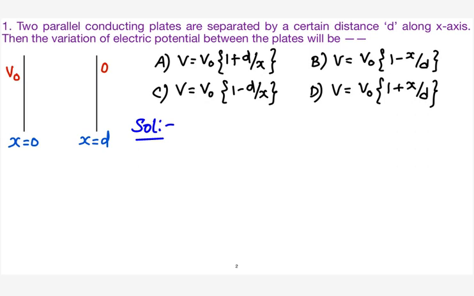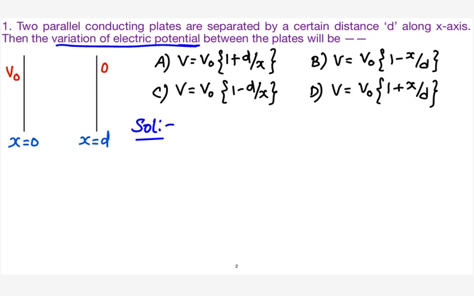The first thing, if the question is asking about the variation of electric potential, the thing which immediately needs to strike your mind is the application of Poisson's equation, right? So we have Poisson's equation, which gives how the potential varies with respect to distance. If there is any question to find the variation of potential, immediately it is the application of Poisson's equation. But in this question, you don't require the concept also. Through verification, you will be able to solve.